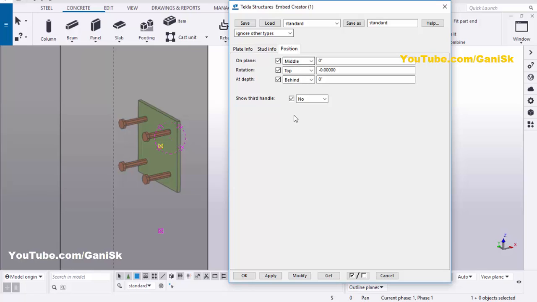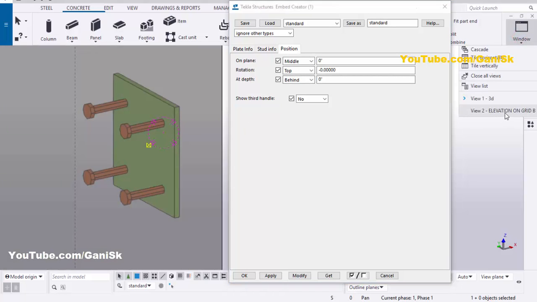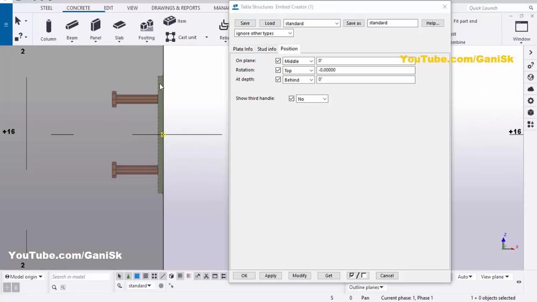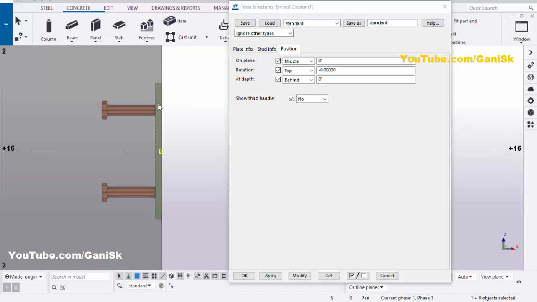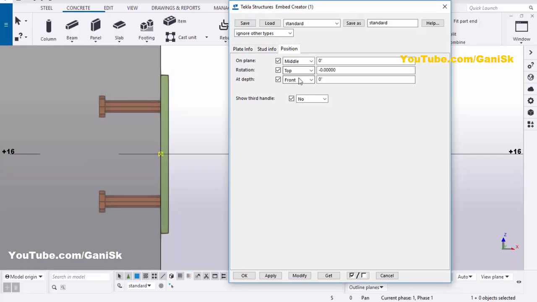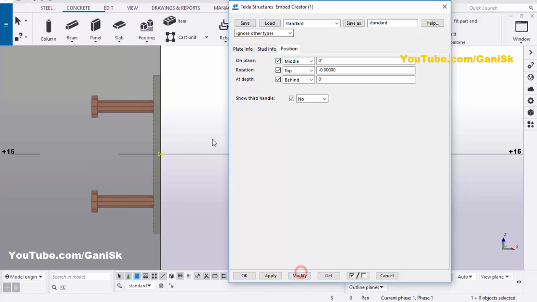Then go to position. You can change the position of this stud. For example, click on window and select elevation along grid B. Currently this embedded plate is inside of the concrete column. For example, if you want to place it outside, click on here and let's take front, then click on modify. You will place it like this. If you want to place it inside, click on here and select behind, click on modify like this. Then click on modify, apply. Okay,